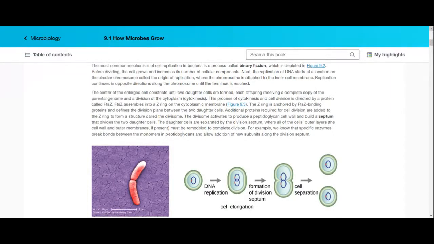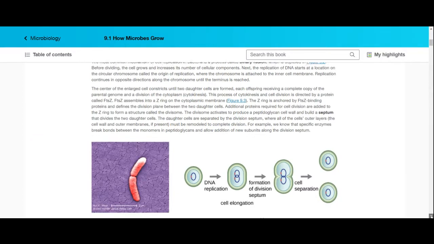And when we were looking, I guess it was lab 3, when we were looking at some of our bacterial shapes, we could see how some were still connected together. They hadn't fully separated. And that is because the binary fission had not completely happened yet. So basically what happens, you can see here in this diagram,